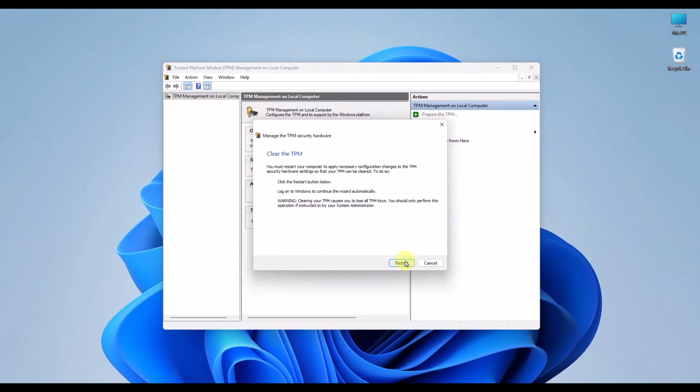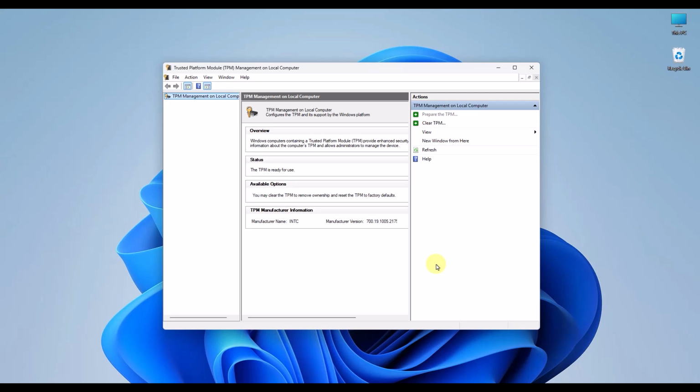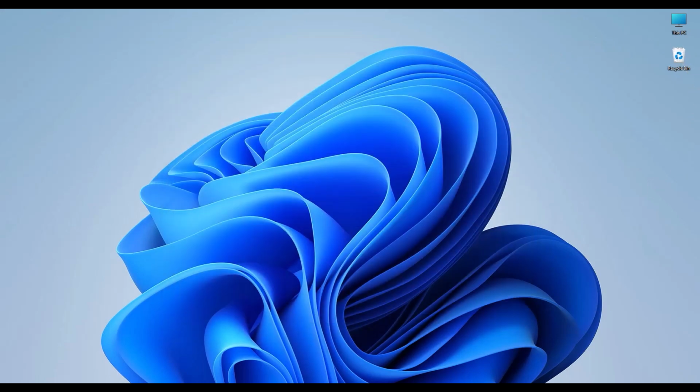your computer. This is a highly effective method for resolving cryptographic errors, but be aware that clearing your TPM will reset your Windows Hello PIN, so you will need your actual Microsoft account password to log back into Windows after the reboot. Finally, once your computer has successfully restarted, you must flush out any lingering cache data before trying to